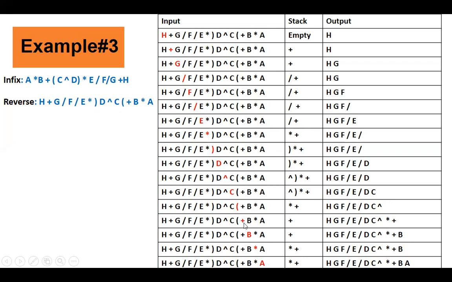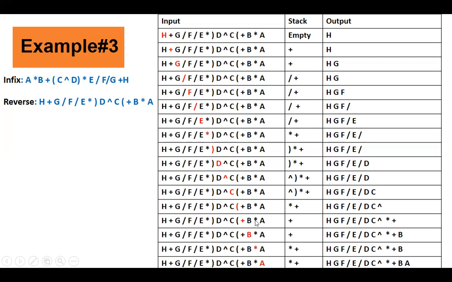Fine. Next, what you read is a plus symbol. Now, when you read a plus symbol, again, you check the incoming symbol and the in-stack symbol, right? So incoming is plus, in stack is star. Whose precedence is higher? Star precedence is higher than plus. So smaller cannot reside over bigger. So what you'll do, pop out this star and add it to the output. Fine. Now what remains in the stack is plus.